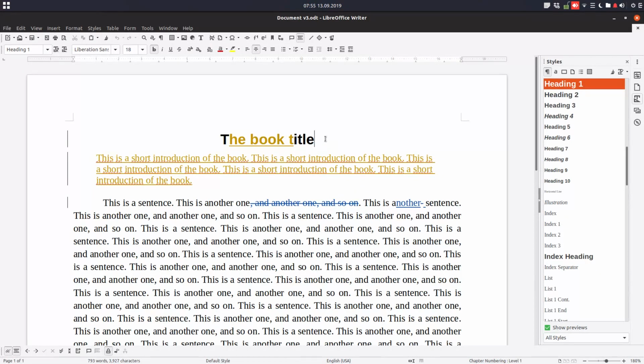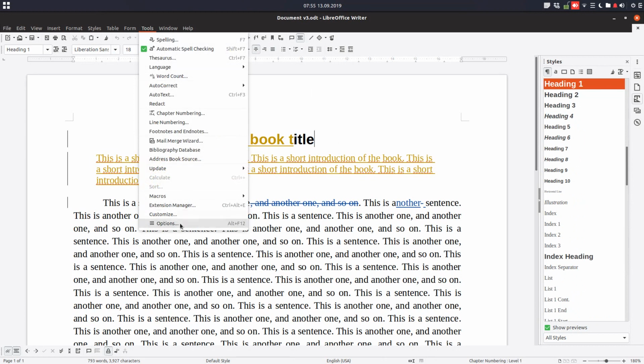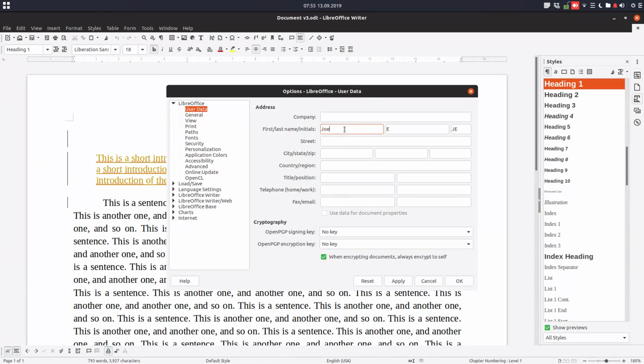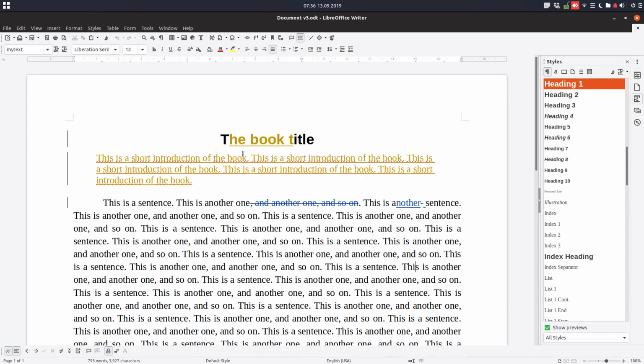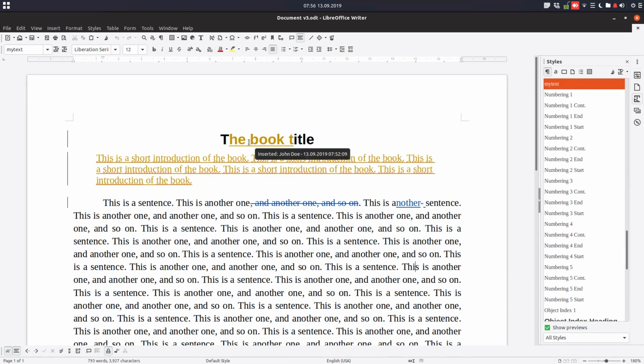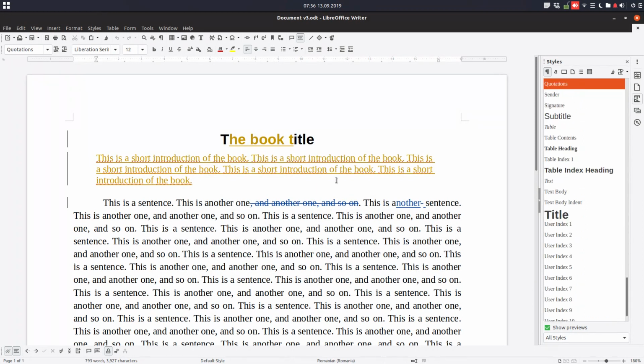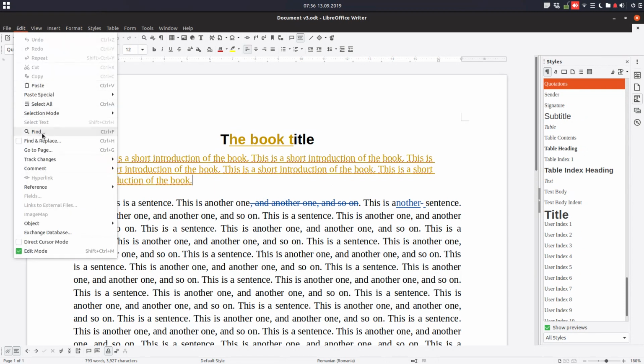Now this is the document in the hands of John. So let's change the person. Go to Tools. We made these changes because I played the role of 2 persons, but in reality you just keep your name here. So we have now the book. We can see I have inserted this introduction, this book title, and I can see Stewart's changes. And